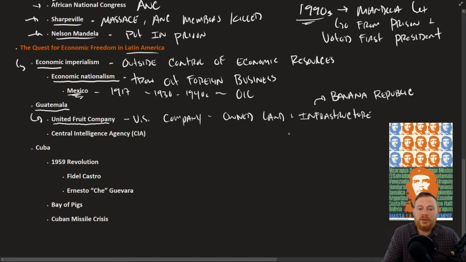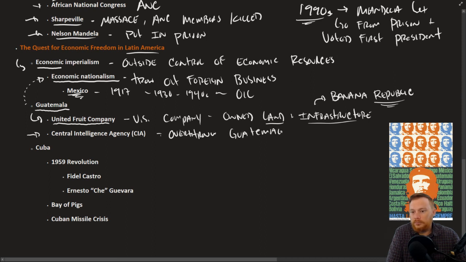So, in Guatemala, even though it was technically an independent country, the land was owned by a foreign company. The infrastructure like railroads and stuff like that was owned too. And the United Fruit Company even had influence on politicians. Guatemala attempted to go down the same route as Mexico by reclaiming a lot of their infrastructure and their government from outside forces. The Guatemalan government was accused of working too close with the Soviet Union when the CIA helped to overthrow the Guatemalan government in fear of communism.